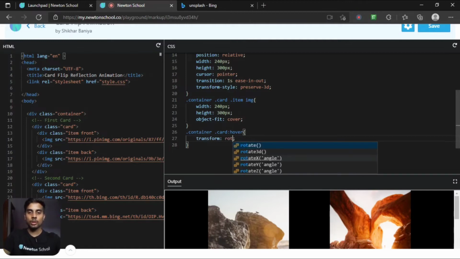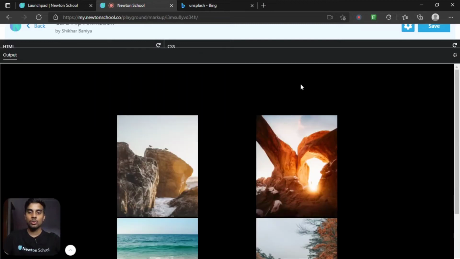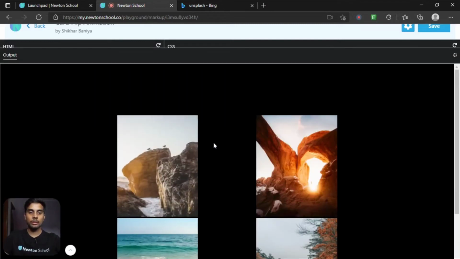And there is a property called rotate y. You just have to pass the angle here, but instead of angle we are providing the number of turns that you have to do. So let's say 0.5 turn. So as you can see, when I'm hovering over it, it is turning. Okay, like this.